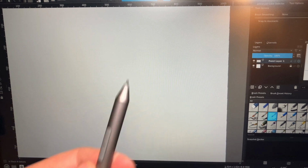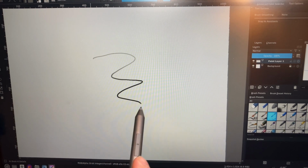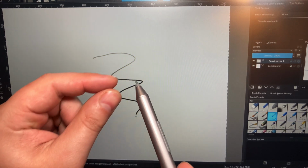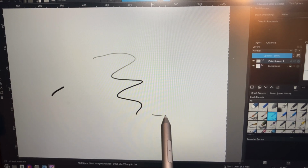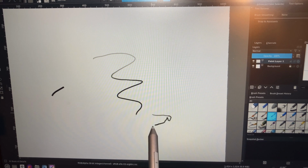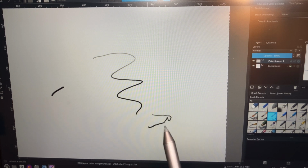So the kicker is that this is 4,000 levels of pressure sensitivity, but when I draw on a screen, I'm only going to ever get 256 levels. And it's not like I can go from 0 to 256 at full pressure. No, it is like when I start, I'm already at maybe like 100. And then when I press ever so slightly, I'm already at 256. So there's a lot more range in this pen I can technically get out of, but I can't because of